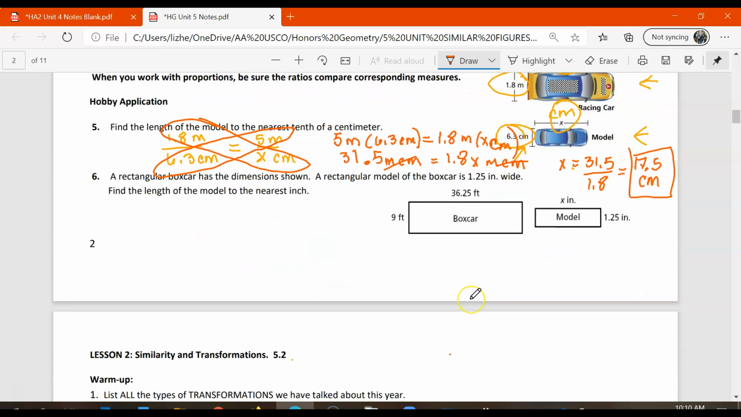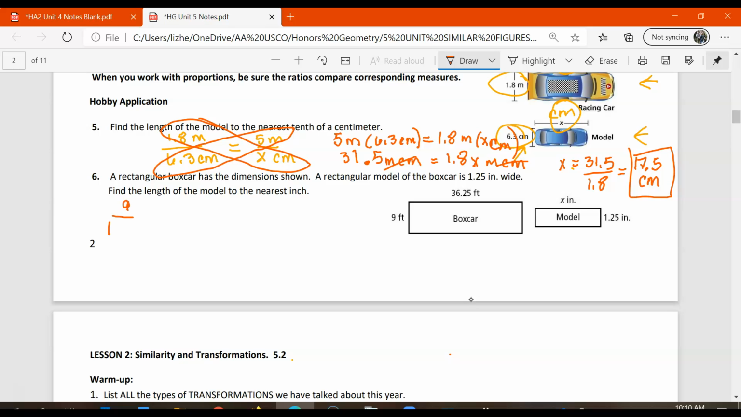Next problem, a rectangular boxcar has the dimensions shown. So these are on a train. Here's your boxcar, and here's the model of your boxcar. And so again, same type of problem, since these are similar, because this is the model. That's what a model is. They're similar. And so I can write the proportion